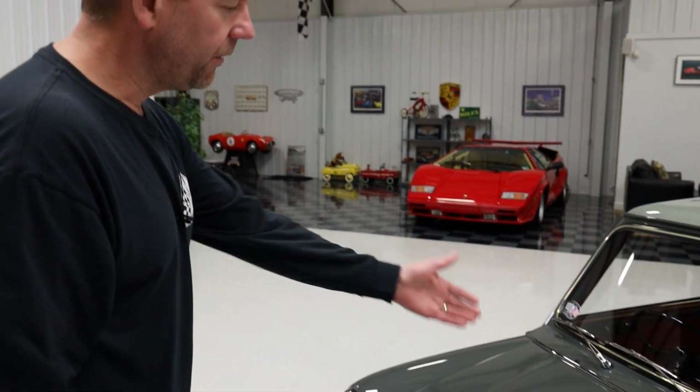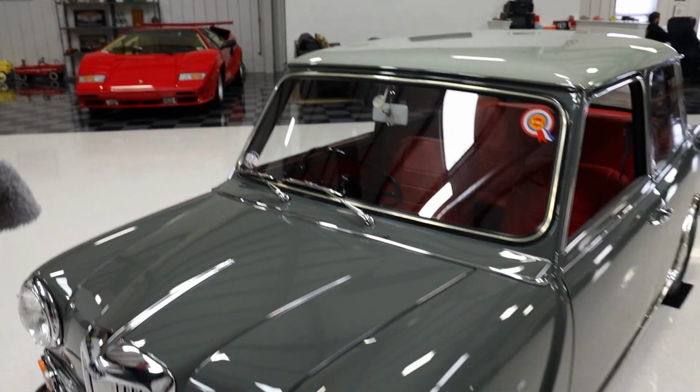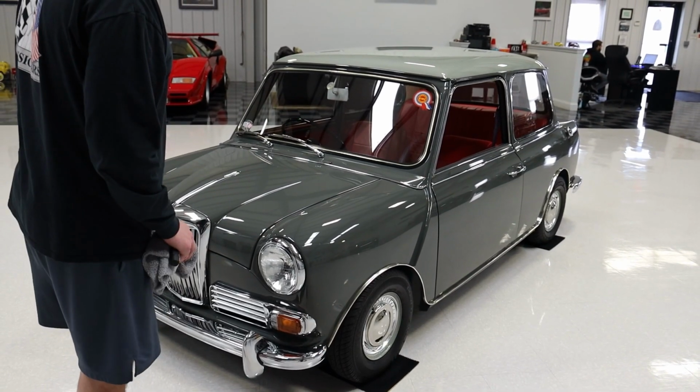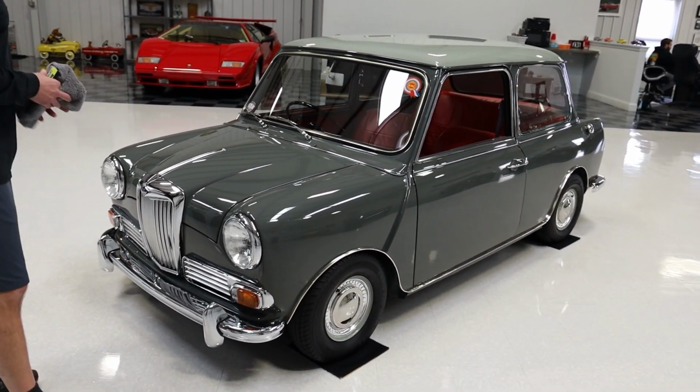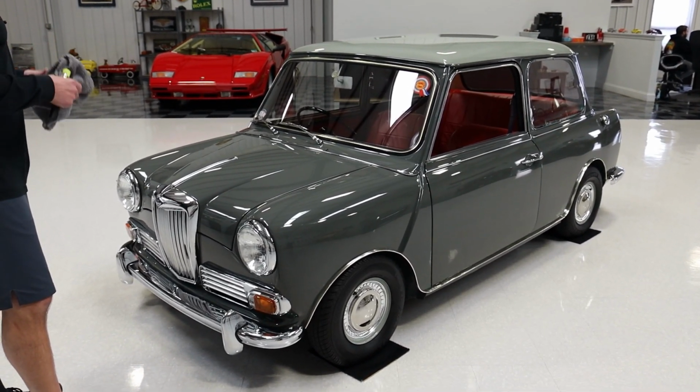I'm going to mention them. The first thing I'll say is that the body on this is actually in beautiful condition. I would say it's very straight. All the gaps are very, very nice, which was not common with these because, again, these were not some elaborate